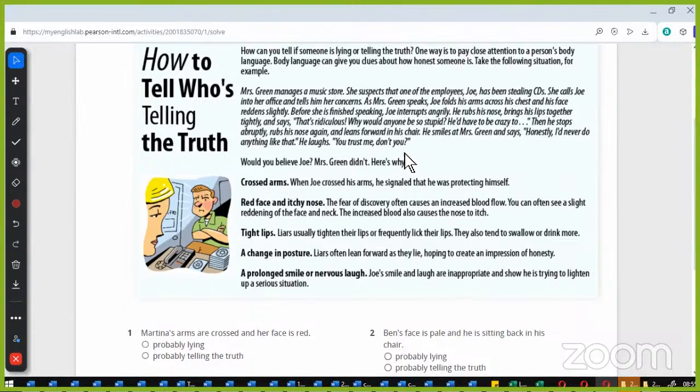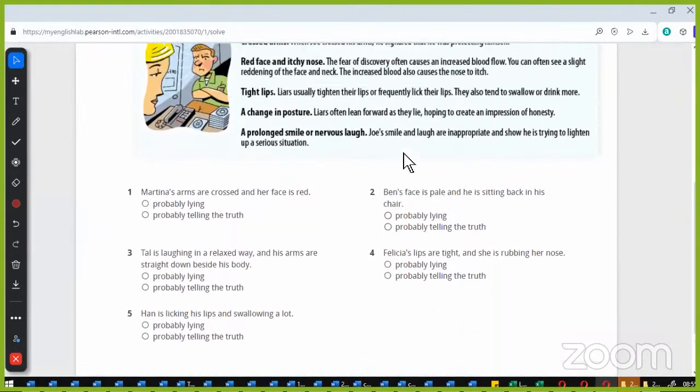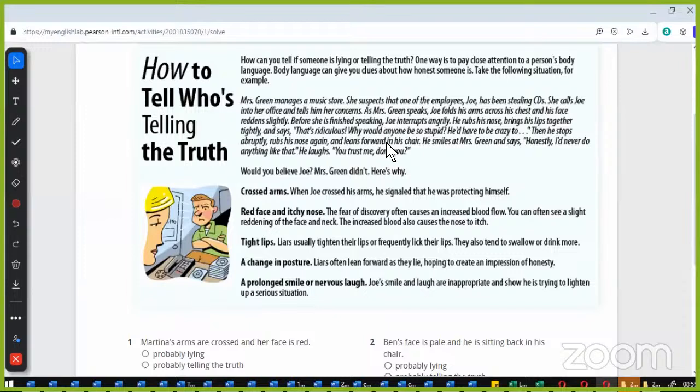Let's do the pronunciation of truth. Yes, that one. Truth, with a th at the end, basically. Truth. This is the truth. Yes, truth. Not truth, it's truth. Truth, yes.